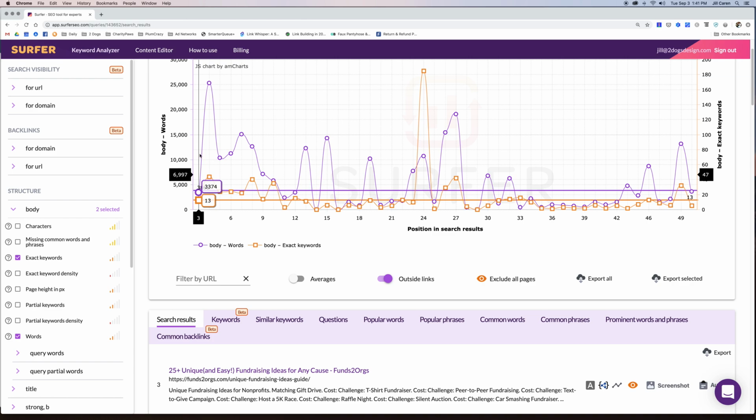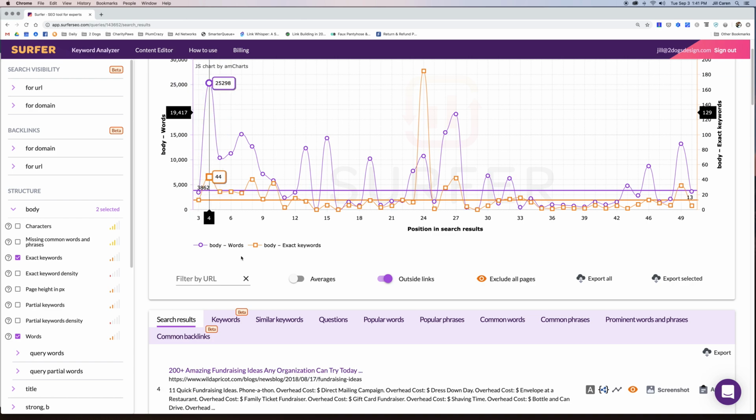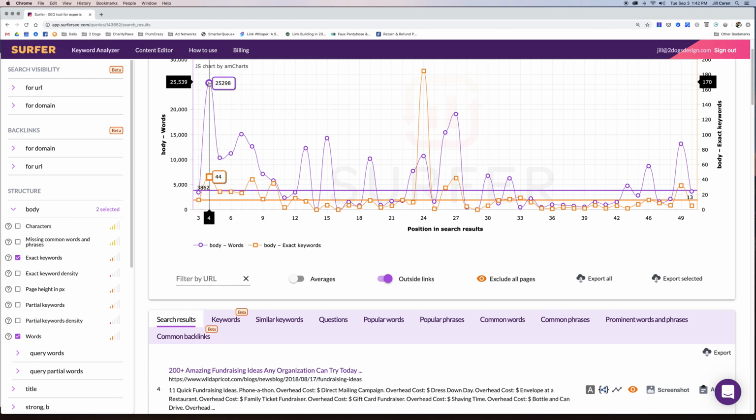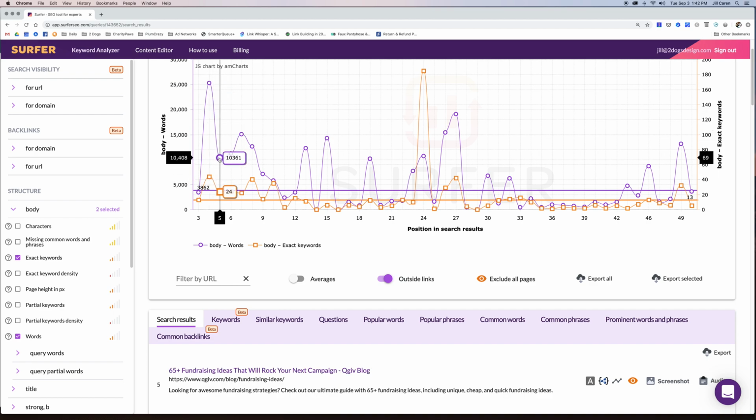Okay, see how it changed down here? If I go to hover here, it shows, sorry, usually it sticks. So it's showing me Wild Apricot for position 2. Okay, and it's showing 25,000 words on the page and 44 keywords. So you can see up here what each page is using, and you can see below what